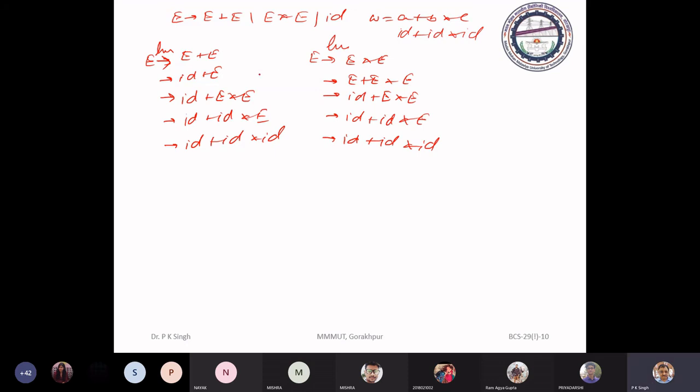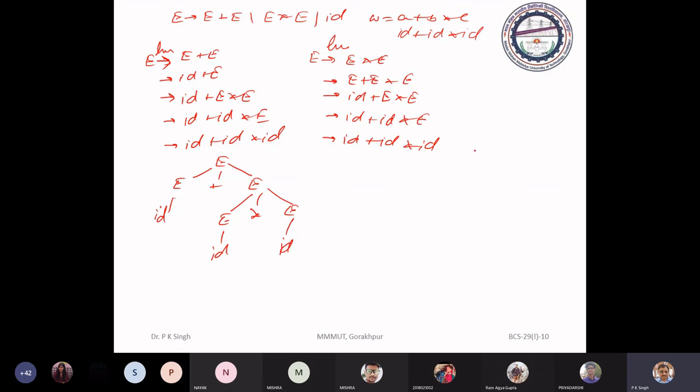Now see the syntactic structure produced. In this case, E to E plus E, this E to ID, and this E to E asterisk E. This is to ID, this is to ID.